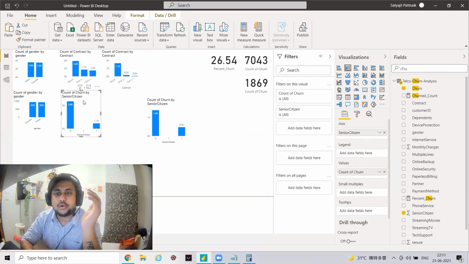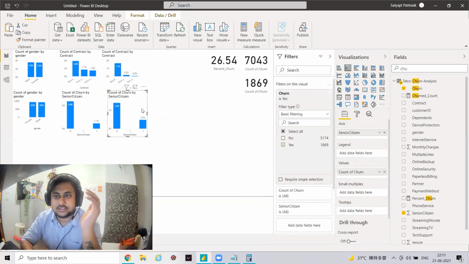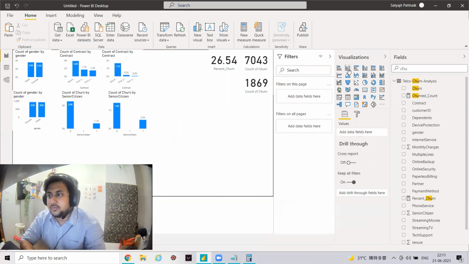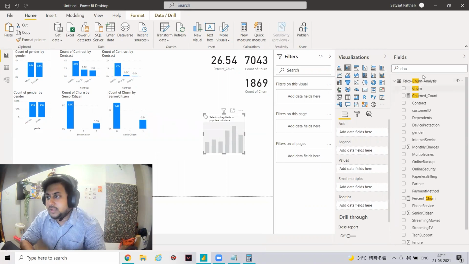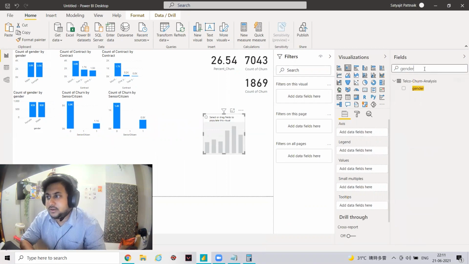Now let's go back to the bivariate analysis. Similarly, I'll create one more chart and let's try to analyze gender and contract type. So I'll just add gender in the axis.